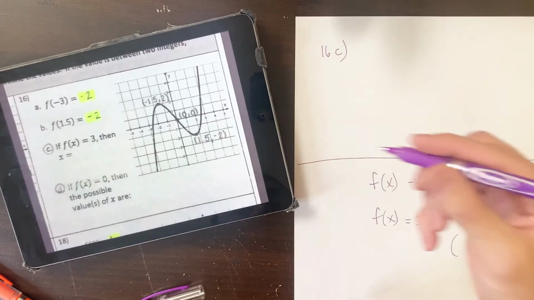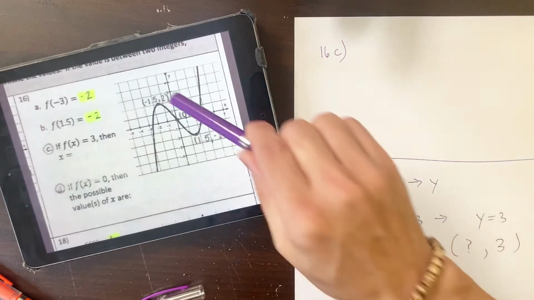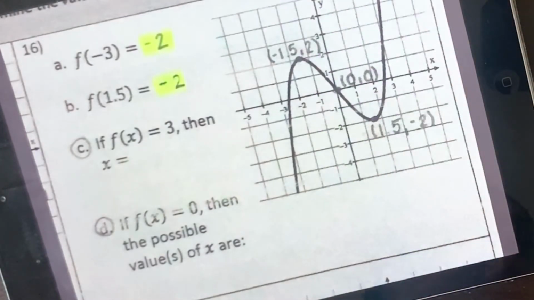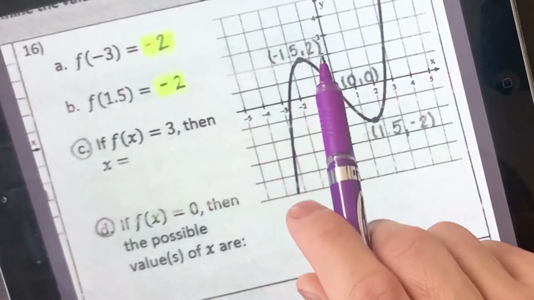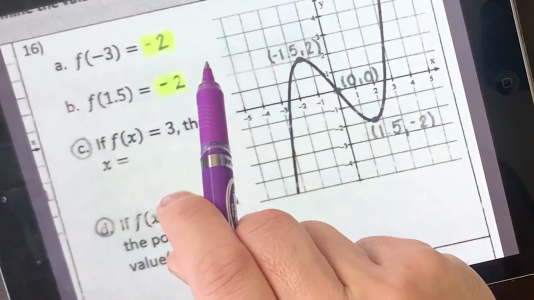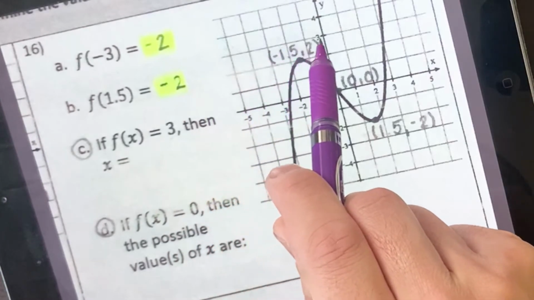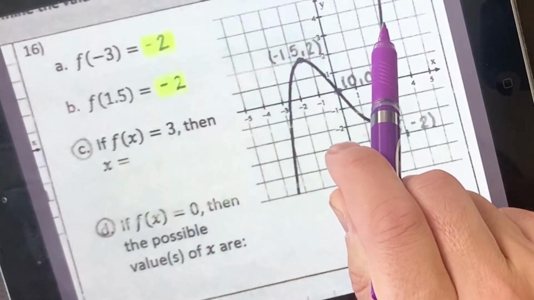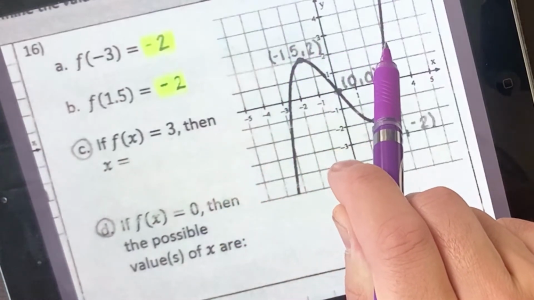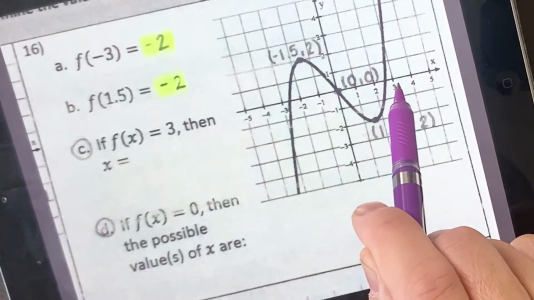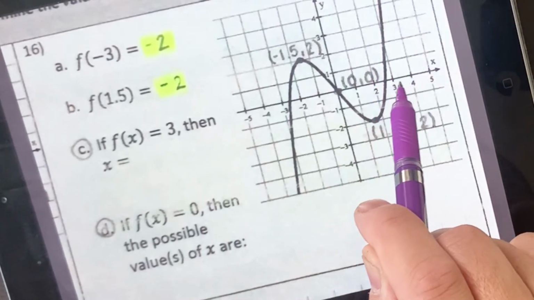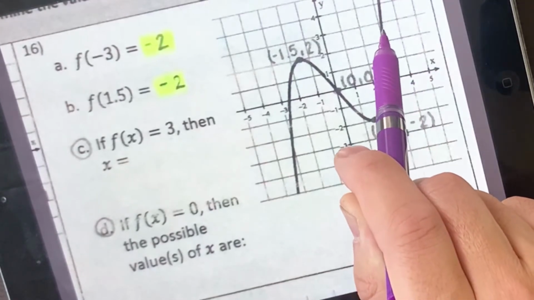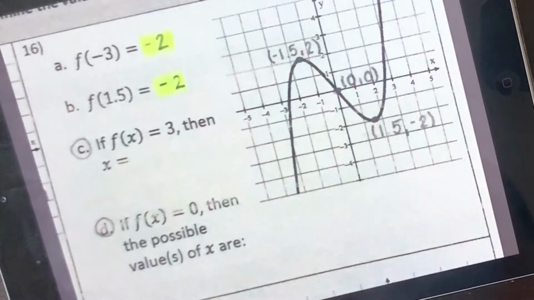So looking at the graph here, we want the y coordinate to be 3. We know that the y-axis goes vertically. And we know that we want the y coordinate of 3. So go to the y-axis and go to 3. And then along this y coordinate of 3, where do we have any activity from the graph? We have activity here. And so what I do is I trace this point down to the x-axis, and it's not quite 3 and it's not quite 4. It's somewhere between 3 and 4, probably much closer to 3. It's not drawn to scale, or it's hard to see what the exact number is, but I'd say that that